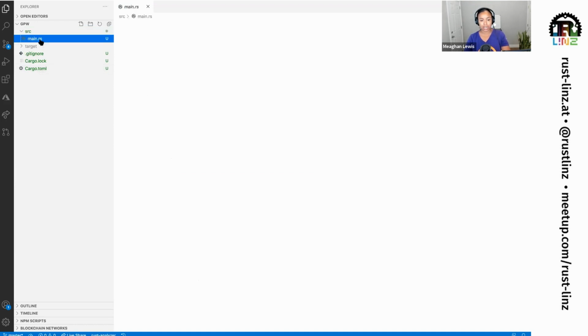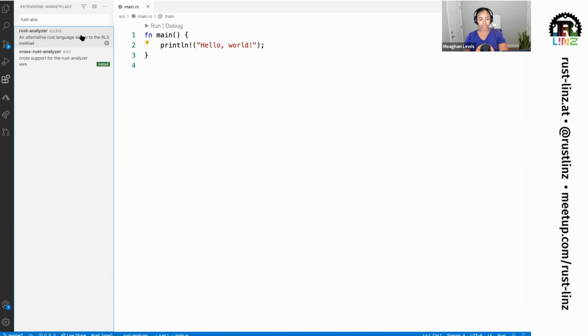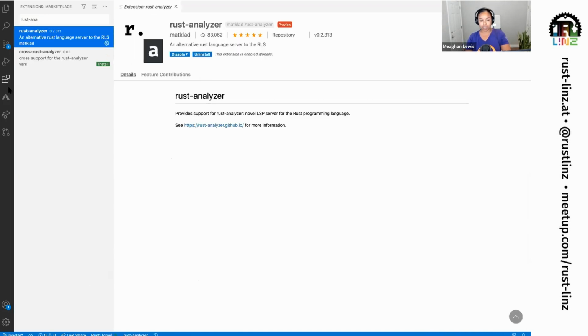So I am going to start in the main.rs, but before I do that, I do want to remember to actually show the extensions that I was talking about before. So I mentioned Rust Analyzer. And you can just search over in the extensions bar if you want to get there and download this extension. We'll see how this works. I'm just kind of showing you how to get there.